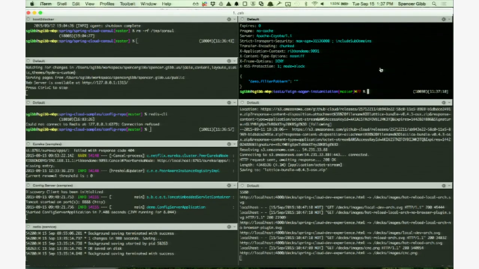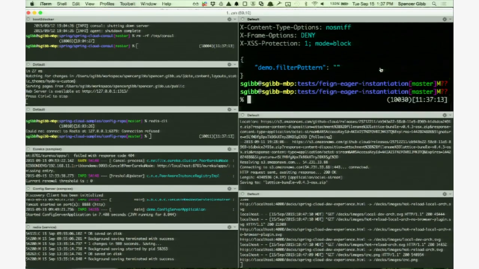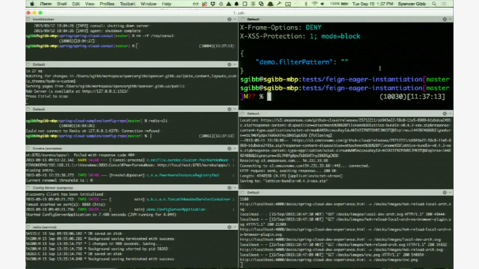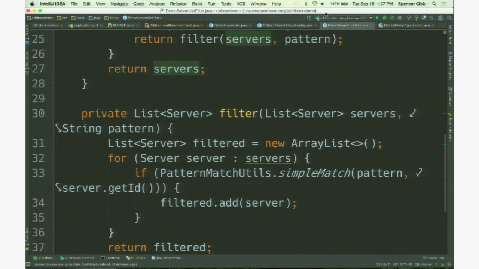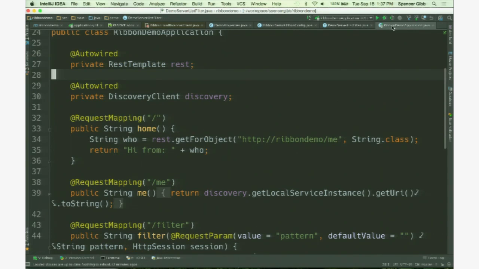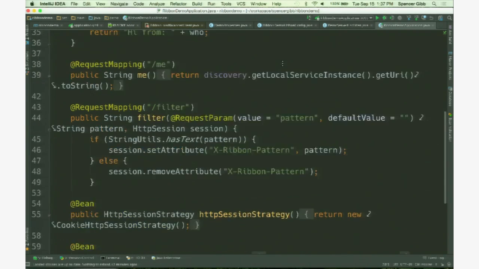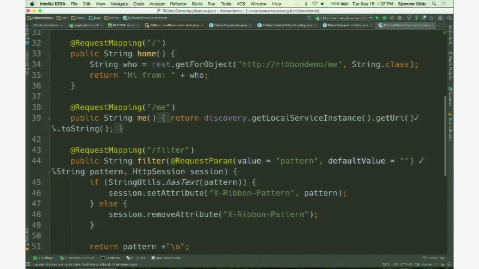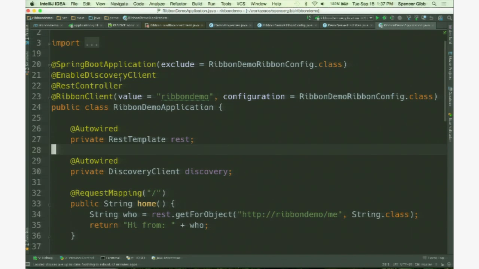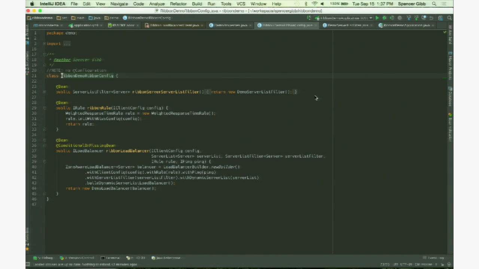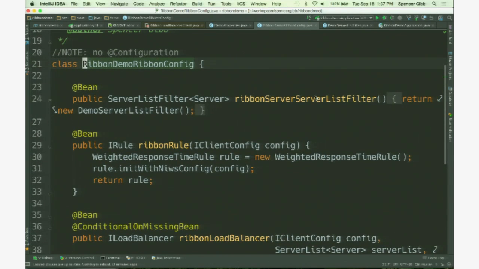Wait, so you've installed that server list somewhere already? Yes, it's already installed. So why don't we look at that? Yes. This is in the application itself. Right here. Like I showed before, here's my ribbon client, and if we go look at this ribbon demo configuration, here is my